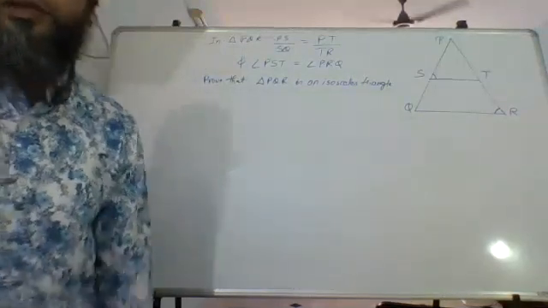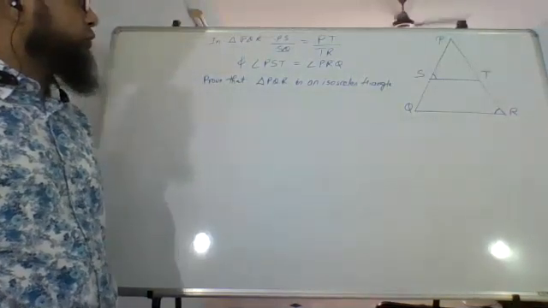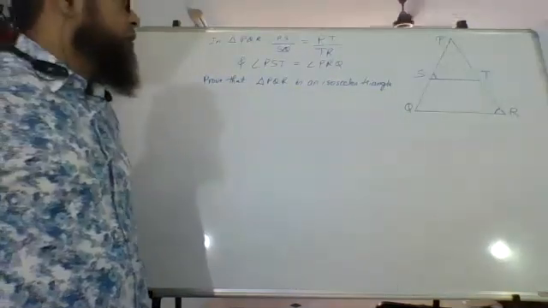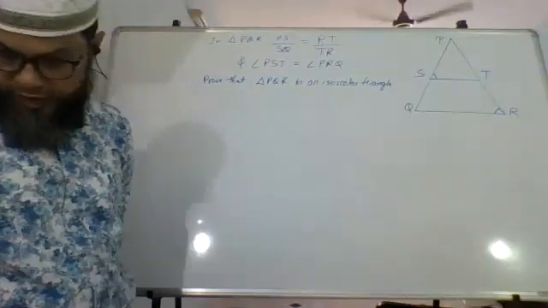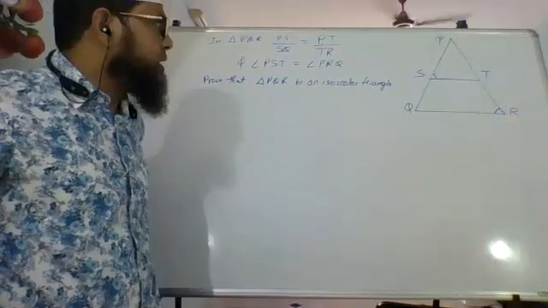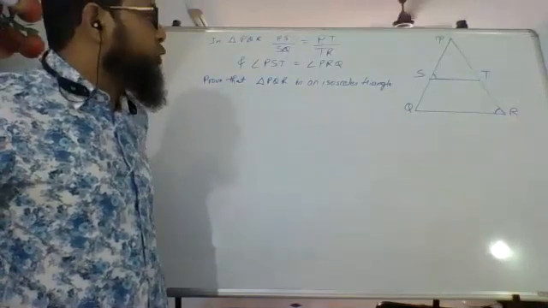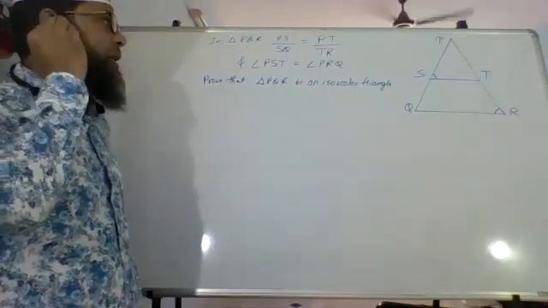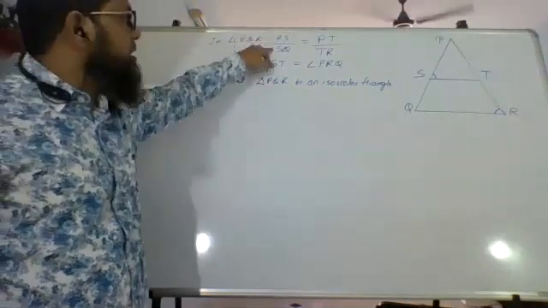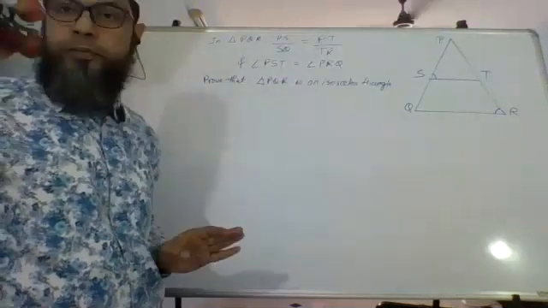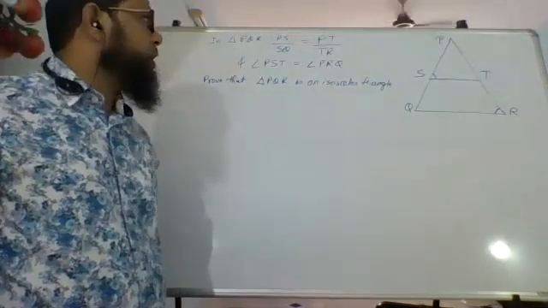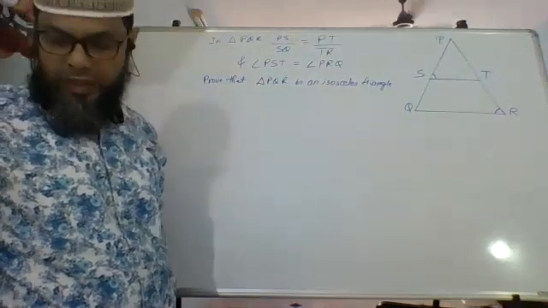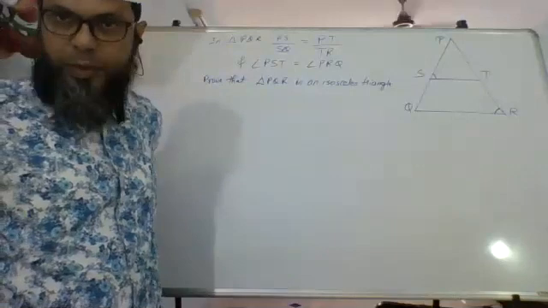Okay, now this is actually very easy. All you have to prove is that two sides are equal. If the base angles are equal, the opposite sides are equal. To prove the base angles equal in triangle PQR, I have to prove angle Q is equal to angle R. Now it is given PS upon SQ equals PT upon TR. So by converse of BPT, ST is parallel to QR.